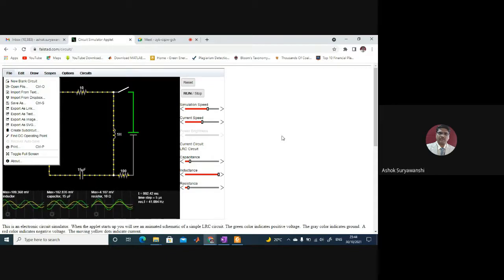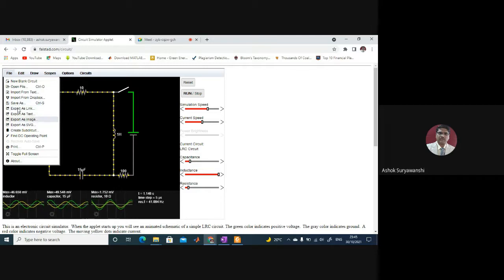It's an online kind of thing. Just open it, do the circuit simulation, and then save that circuit to your desktop or drive, and that's all. Then you can import from text, you can import from Dropbox, you can save as.